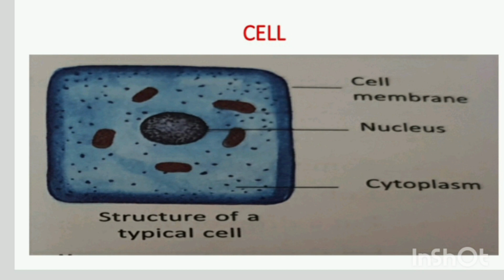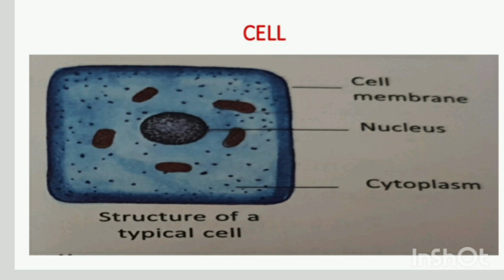As you students can see in the picture, this is the structure of a typical cell. All living cells appear like this, with a cell membrane and a protoplasm. The cell membrane is the outermost covering, and all the material present inside the cell membrane is called protoplasm. This protoplasm consists of cytoplasm and the nucleus. The nucleus is generally seen in the center of the cell, sometimes it is on the sides also. We will be discussing it in detail in the next video.